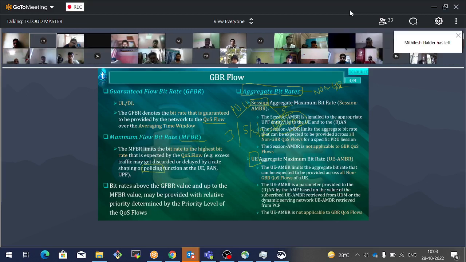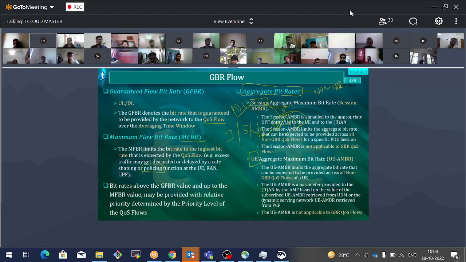Maybe there are no other requirements, guaranteed bitrate quality of service flows are not there, and you are doing the operation maybe at night 2 o'clock, watching or downloading Netflix videos or Prime videos or whatever. So the network can provide you higher bit rates for your non-GBR services. But in any case, it should not cross your subscribed rate. So that is considered as the session aggregate maximum bit rate,